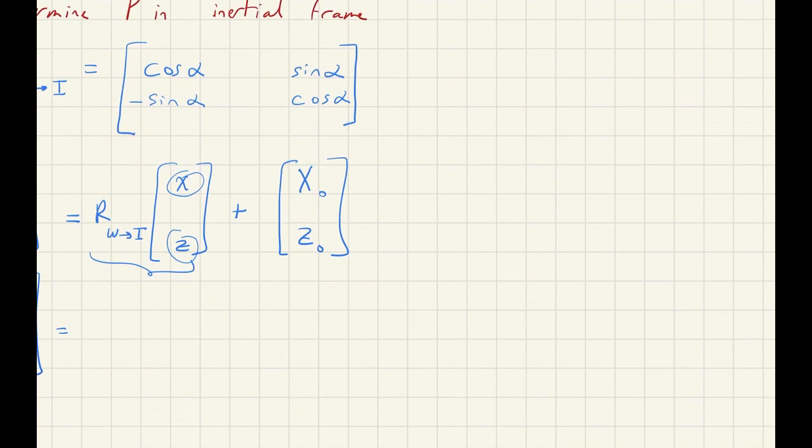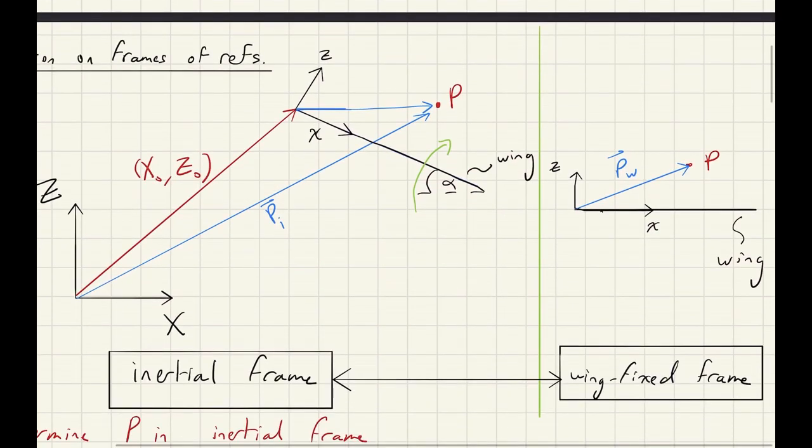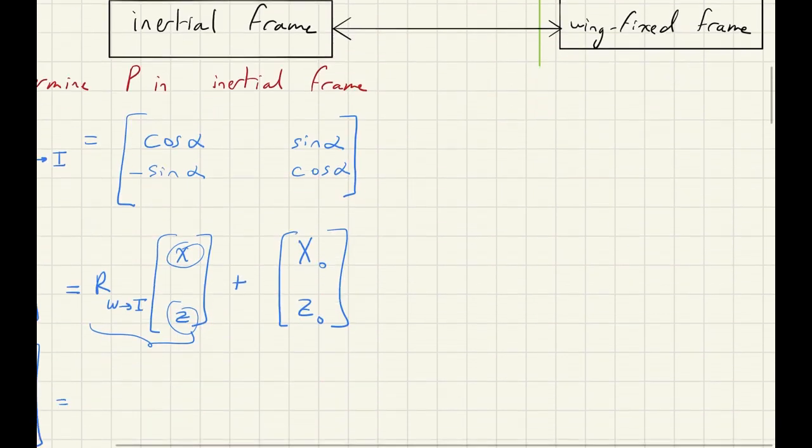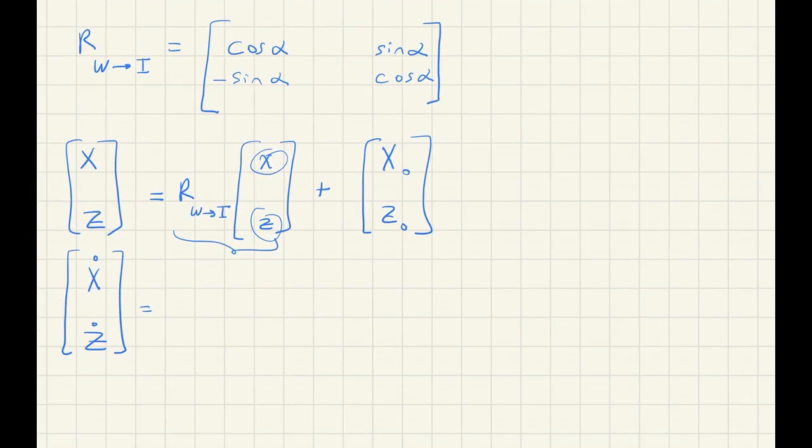So the only time you'll have an x dot or z dot is if your camber is changing with time. So if you have a camber like this, and this is small x and small z, if this camber is a function of time, then you have an x dot and z dot. But if not, if you have a non-changing camber, or you have no flaps that deflect, then you have no time derivative in the small x and small z